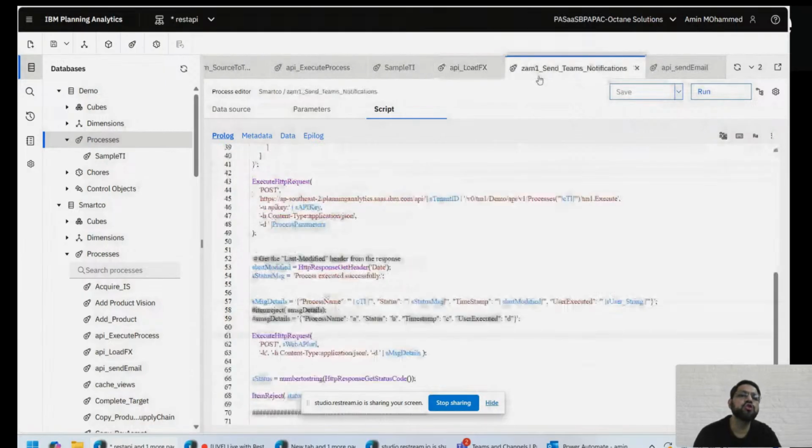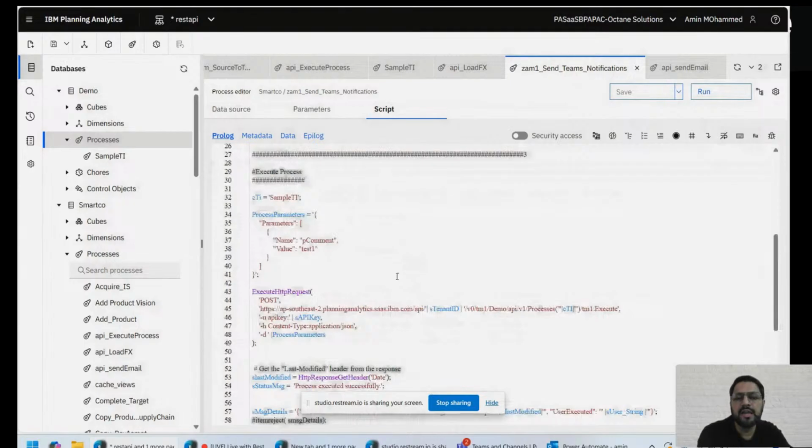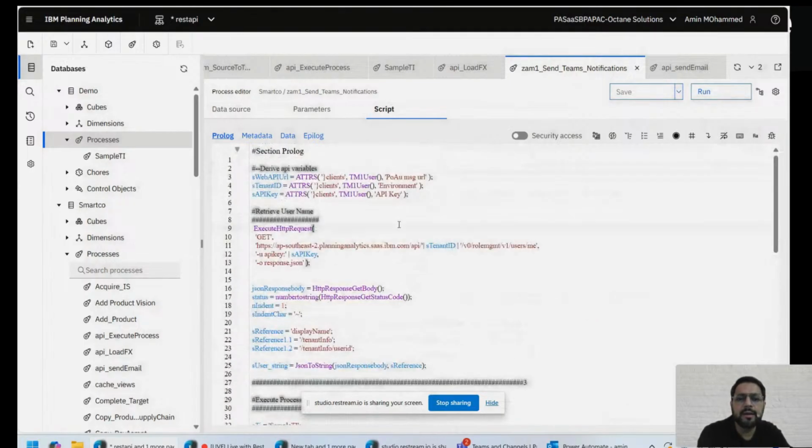Then the next one that I want to showcase is the ability for the planning analytics to send the Teams notifications. So either it can be a Teams message, individual chat message, or it can even be a channel notification sent to a channel that you may have created within your Teams. So this is where what I'm doing is I'm using something called